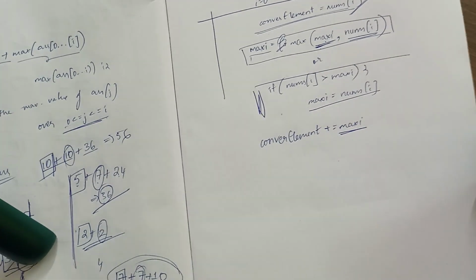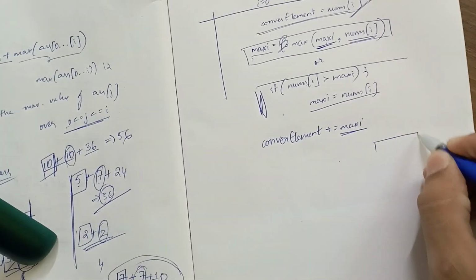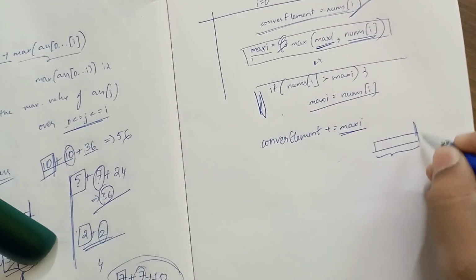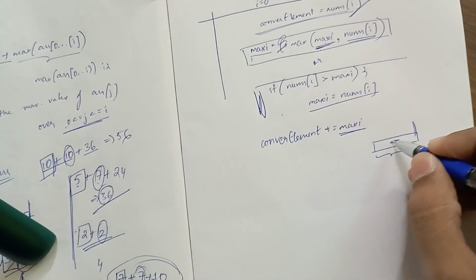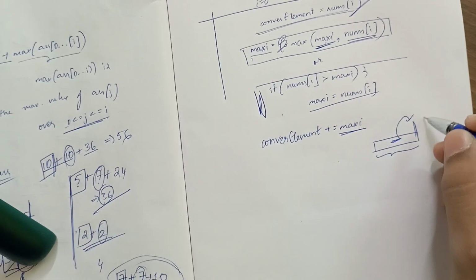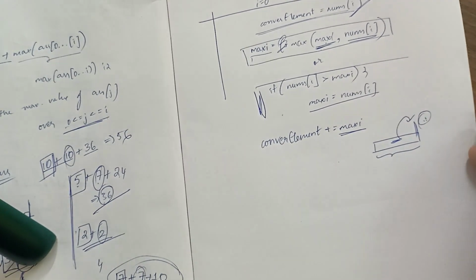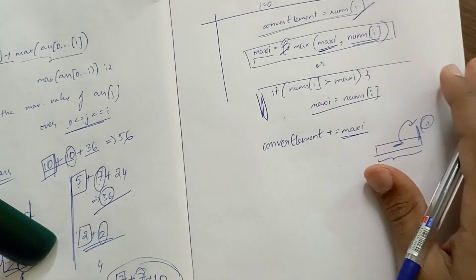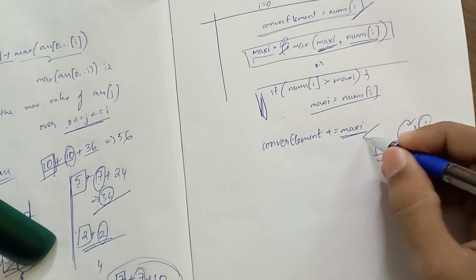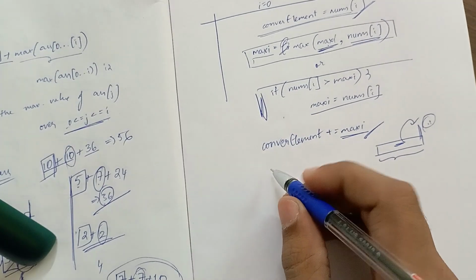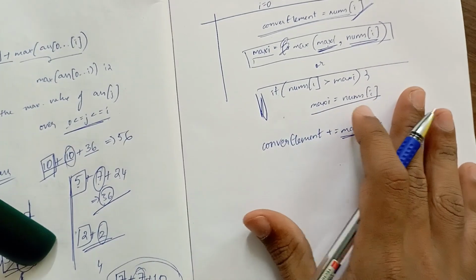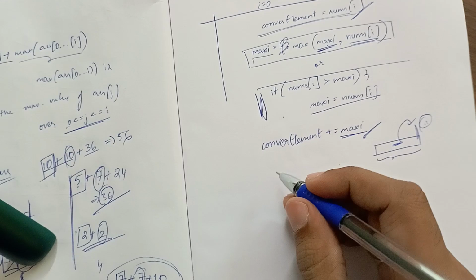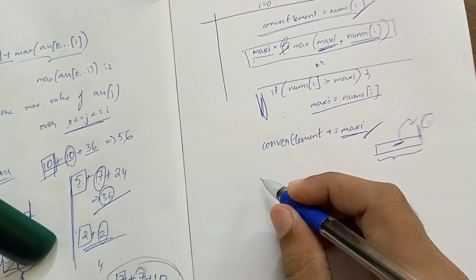As they mentioned, what is the maximum up to now? We need to add that to our convert element. That means the element which we need to push back into the conversion array. And then after we added it, we need to check, are we missing anything? Yes, it is